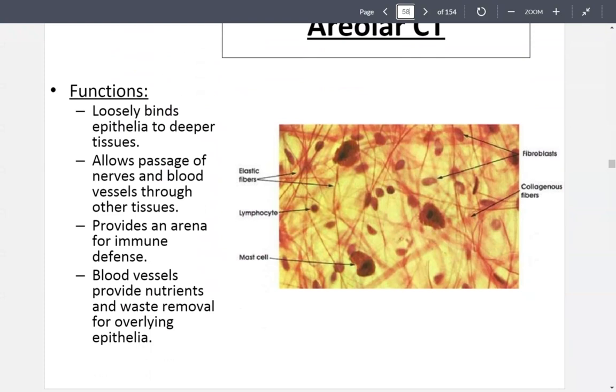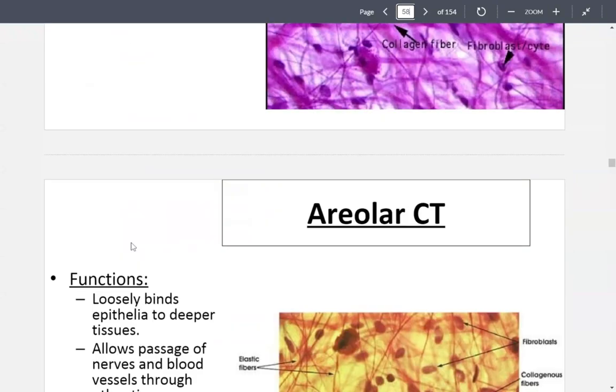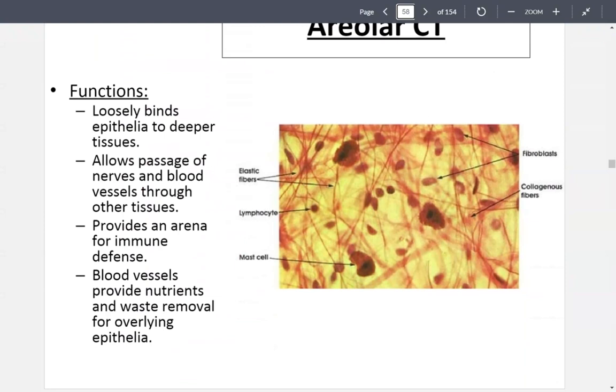All right, so if that's where we find it, what is it doing when it's there? That's going to loosely bind the epithelial to deeper tissues. It's going to allow for the passage of nerves and blood vessels through to other tissues. It's full of white blood cells, which means it's going to provide an arena for immune defense. Think of where we find it. Surrounding blood vessels, nerves, trachea, and esophagus, places where we have a lot of potential to come into contact with foreign materials. So it's going to be an immune defense arena, and it's going to help